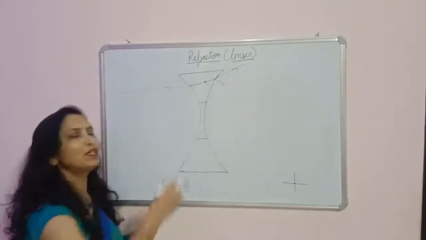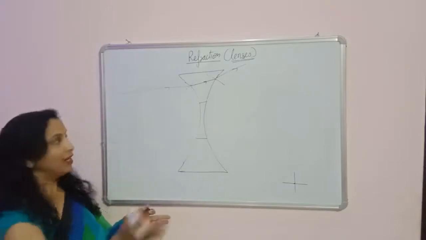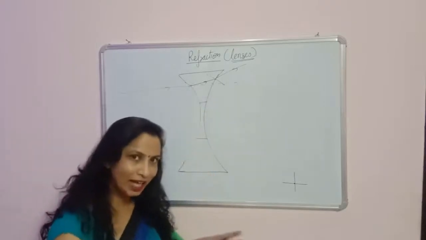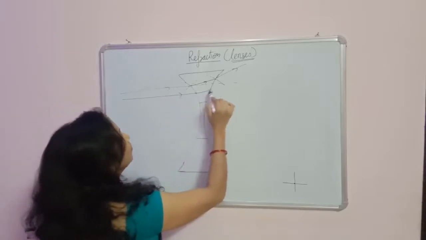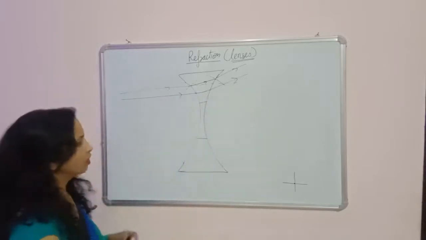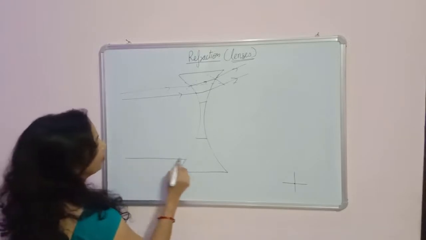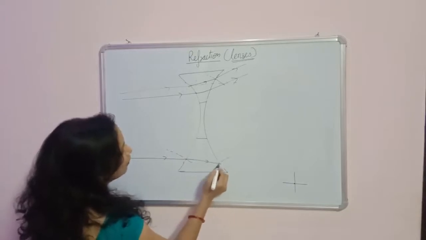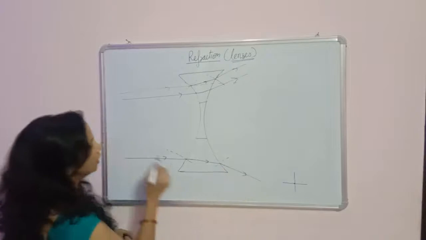So what happened to this light? It diverges. The coming path of this light is this one, but it actually diverges. So all the light rays which are coming like this become diverged. Again in this part, the lower part of the prism, the light is coming like this. This is the normal, it bends towards the normal. Again, when it passes from glass into the air, it will bend away from the normal. So like this.